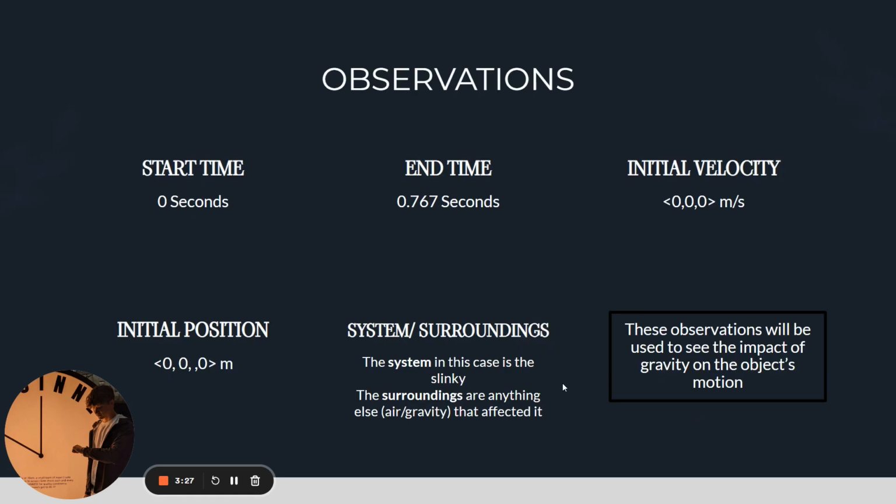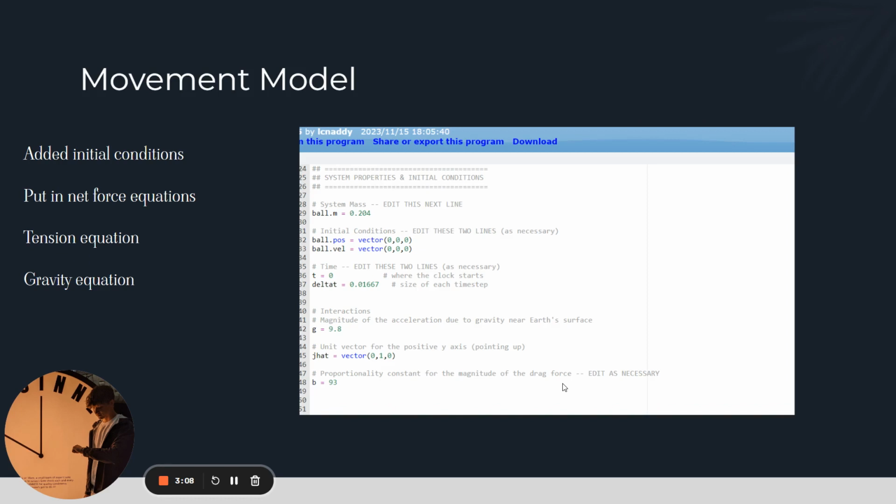As far as initial observations go, it had a start time of 0 seconds, an end time of 0.767 seconds, an initial velocity of 0 meters per second, and an initial position of the origin. The system in this case was the slinky, while the surroundings were anything that was affected by it, which is air or gravity. And then moving into my code,